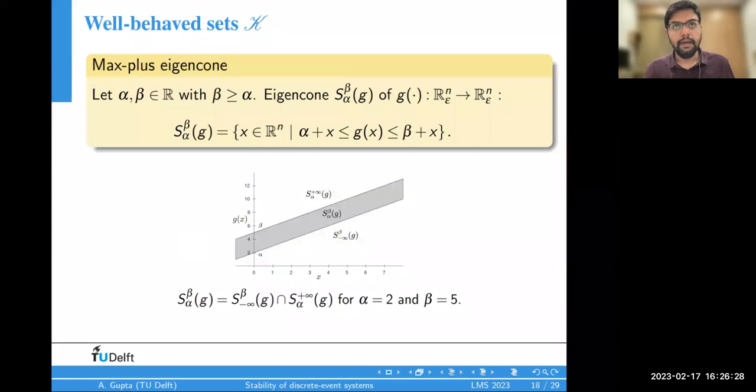And we can change beta and alpha, and that has a consequence, as I understand, on the growth rate of the system, right? So if I decrease beta and alpha, keeping the set non-empty, I restrict the growth rate of the system. So I restrict, let's say, the throughput of the system, in a sense. Am I making any sense?